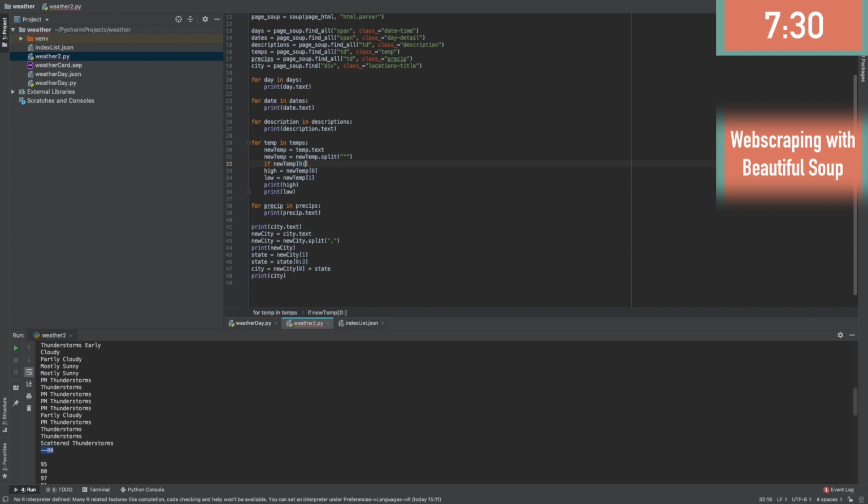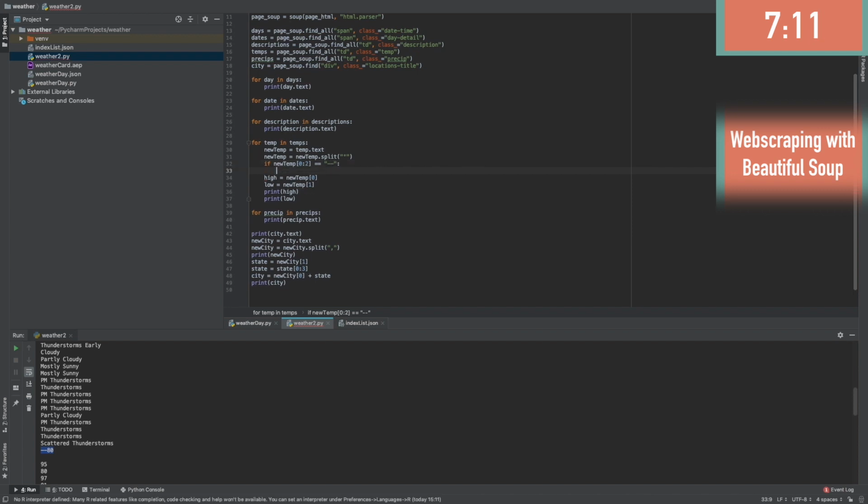We used it earlier right here on the state. We're taking the first 2 characters of the string. So if the first 2 characters of the string equal this little dash dash,